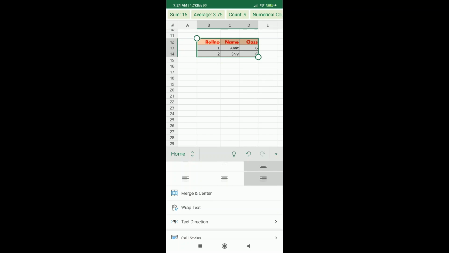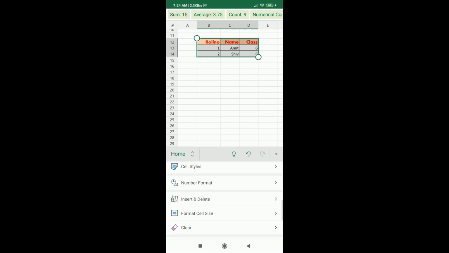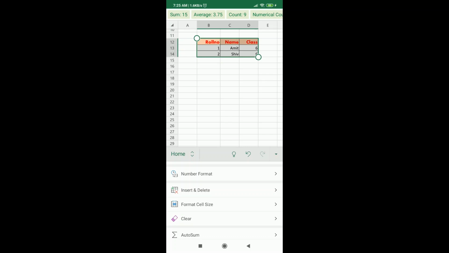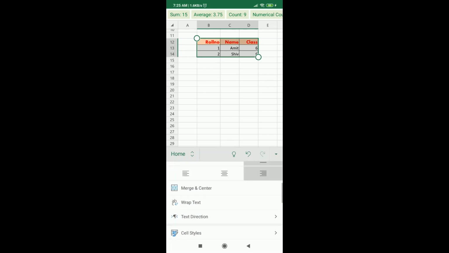And then we have merge and center, wrap text, text direction, cell styles, number format, insert and delete, format cell size, clear, auto sum, sort and filter, find, and select range. So all these options are coming under the home tab.